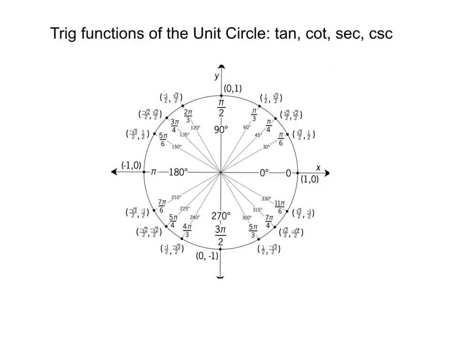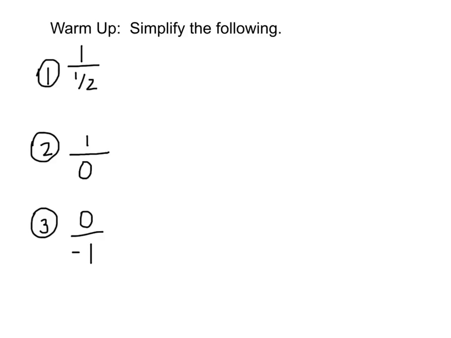All right, yesterday we learned how to do sine and cosine. Remember, sine is the y value and cosine is the x value. And today you're going to talk about tangent, cotangent, secant, and cosecant. Before we get started, let's review some problems that you're going to see when you're working out the cotangent and